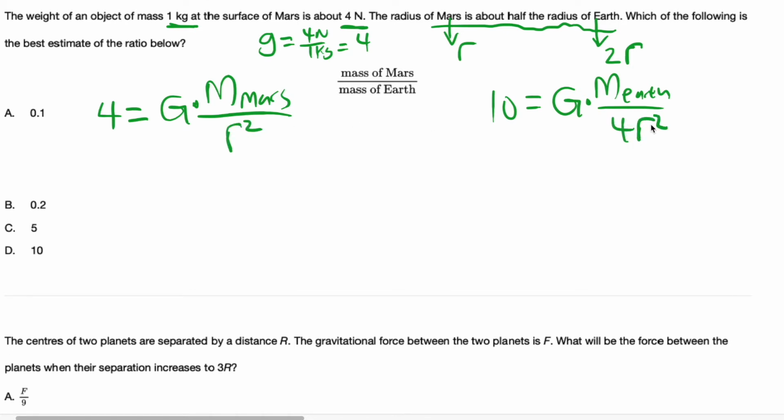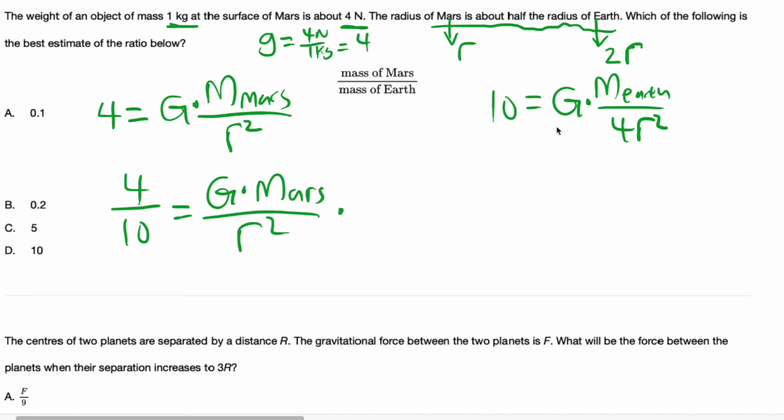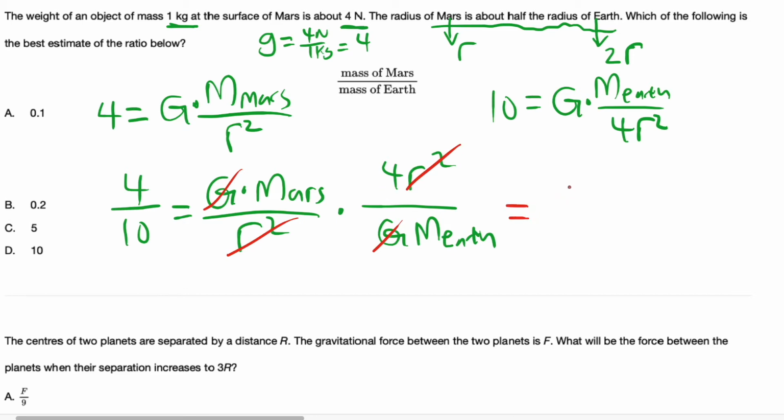Right. And now we can solve for the equation. So I'm just going to use this. 4 divided by 10 is going to be equal to G constant multiplied by mass of Mars divided by R squared, multiplied by the reciprocal of this quantity here. And now we can cancel all stuff. So G constant cancels off. The R squared also cancels off. So this is equal to